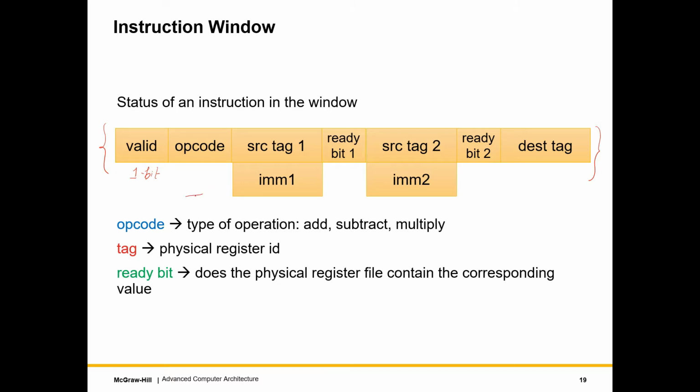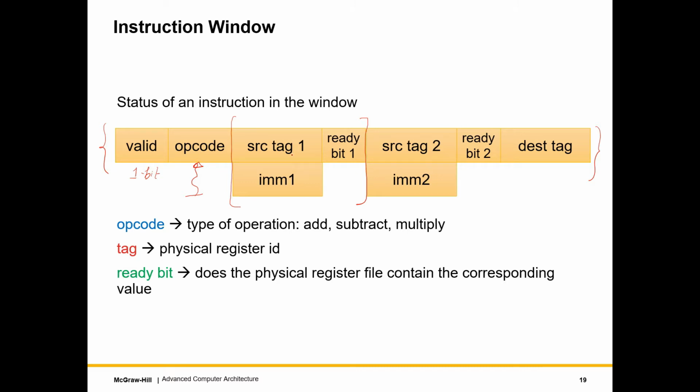The next is the opcode. The opcode is the operation code of whether we are dealing with the add, subtract, multiply, divide instruction. Then we have information for each source operand. In our RISC instruction set, we have a maximum of 2 source operands. If it is an immediate, we store the immediate value over here because this comes along with the instruction, and it needs to be stored somewhere. So it is stored over here.